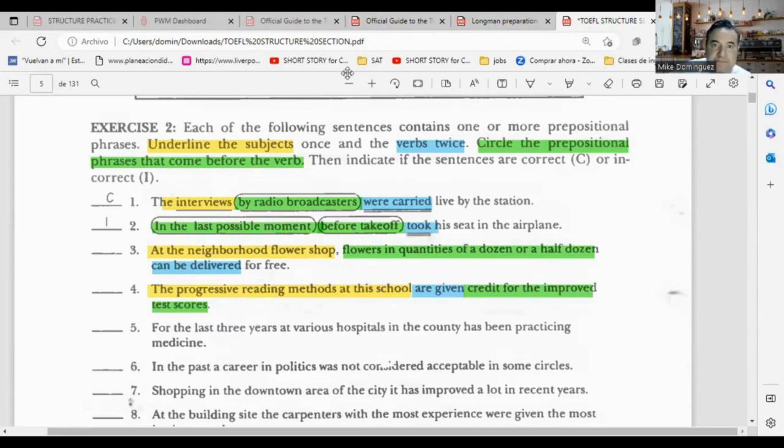The progressive reading methods at its schools are given. No, it's incorrect. No, that's correct. Really? Yes, that's correct. Notice progressive methods is coherent with are given because it's plural. Methods are given. Are given credit. The progressive reading methods they school are,